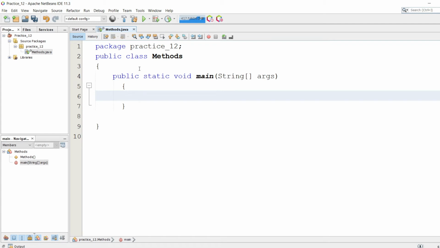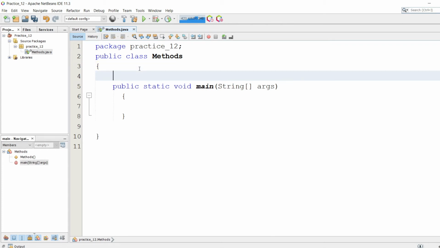So I'm gonna start with the simple methods that have no argument and no return type, as I'm gonna create one method outside of the main class as method with no argument and no return type.